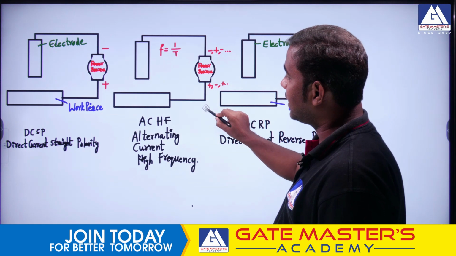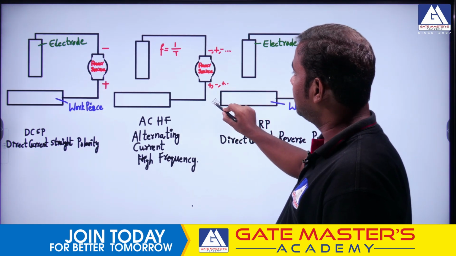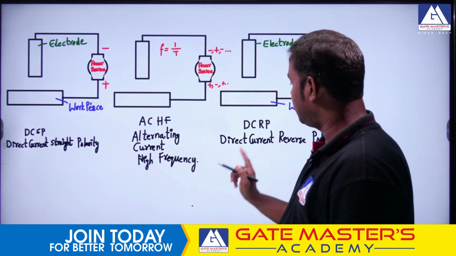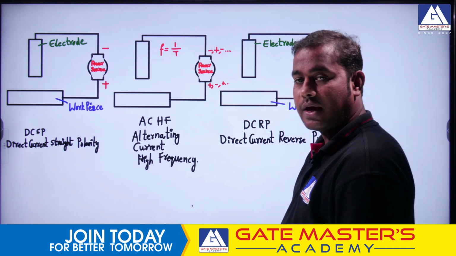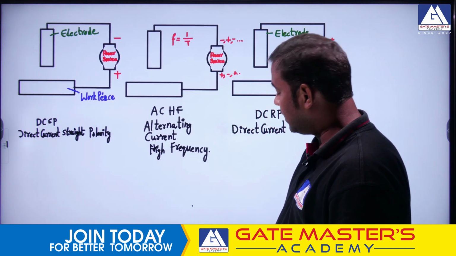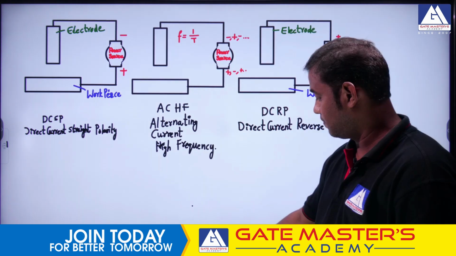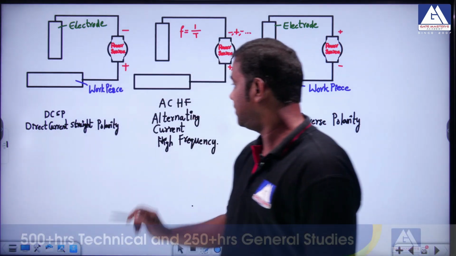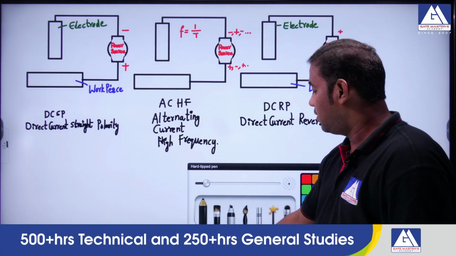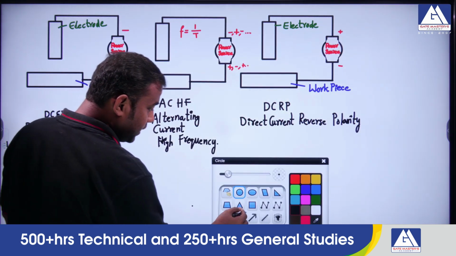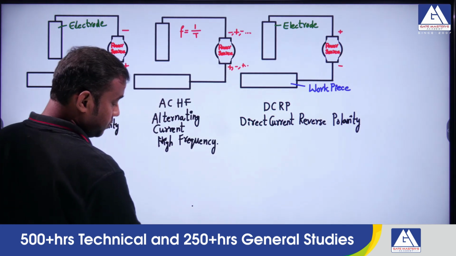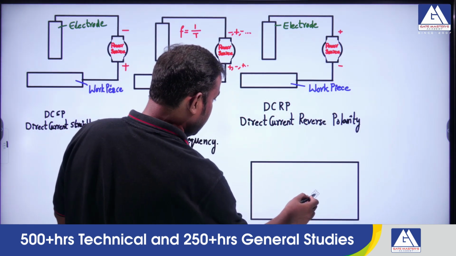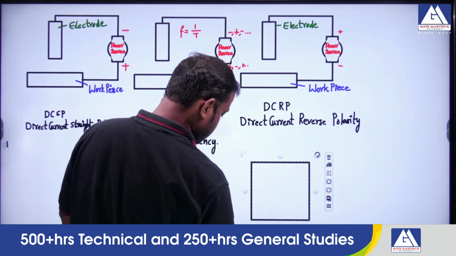If you have a look at this diagram, it shows the direct current straight polarity, direct current reverse polarity, and alternating current high frequency. So you can see here this is DCSP, ACHF, and then DCRP. Here, if you consider the weld pool, I am going to draw this weld pool in the same color. If you look at the weld pool in each case,